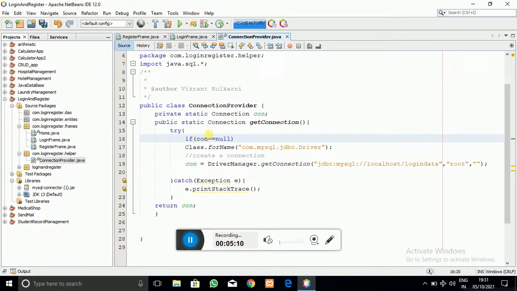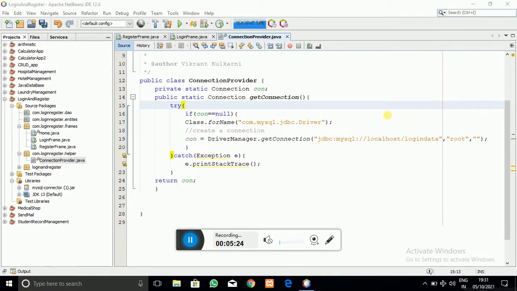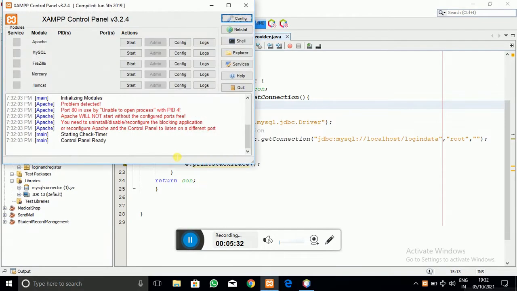So I am adding the condition: if connection equals null, that is, if the connection variable is null, only then you have to create the connection by loading the driver and calling the getConnection method. So that's it. Our ConnectionProvider class work has been done here.